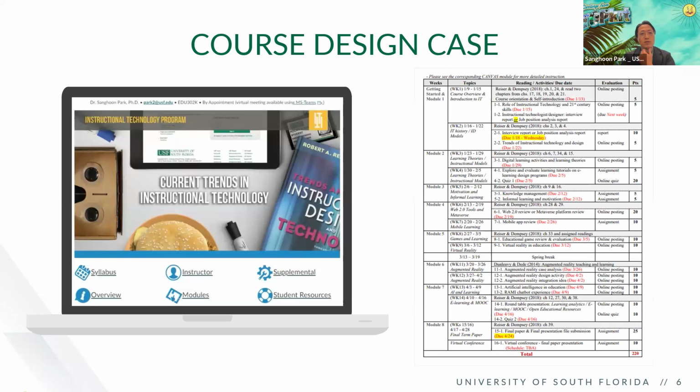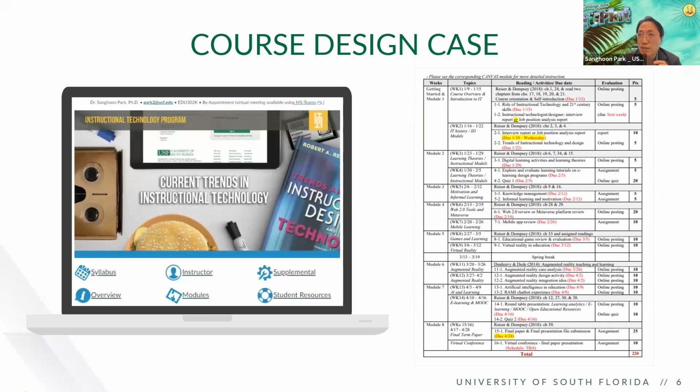So this particular course is called the current trend in instructional technology. So as someone who's teaching any course with the title including current trend, that means probably you have to update the course almost every semester, or at least a year, right, to make it more current. So that's the effort I've been doing since 2013 when I first started teaching this course. So the current version of the course is a little different from the original version, but the one thing that has not been changed